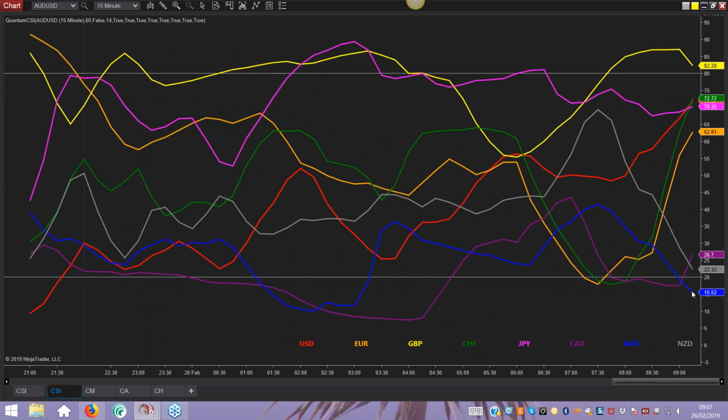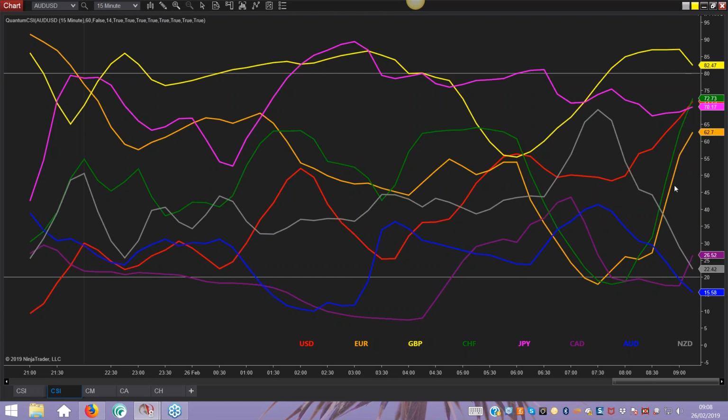So if you were looking at that as an opportunity now, again, it's a question of making a decision based on where the two currencies are. Ideally what you're looking for, and this is really what it comes down to, if you're looking for a reversal opportunity, right now, for example, you've got the pound at the top and you've got the Aussie at the bottom. So would you consider that as a full-blown reversal? You'd be patient, you'd wait, but in that scenario, you are waiting for a reversal of the Aussie from the